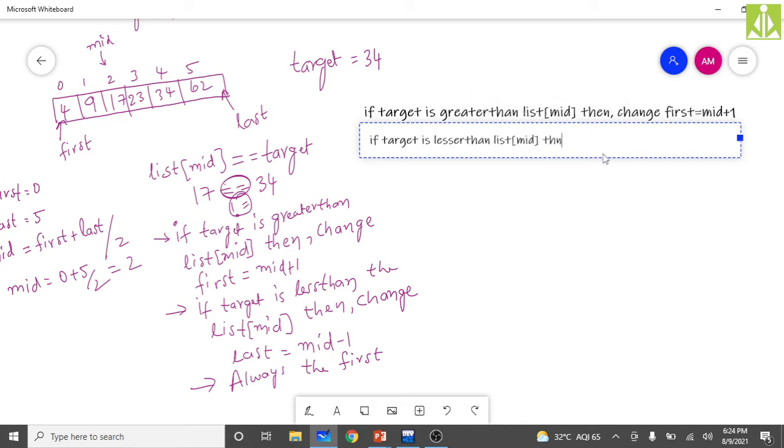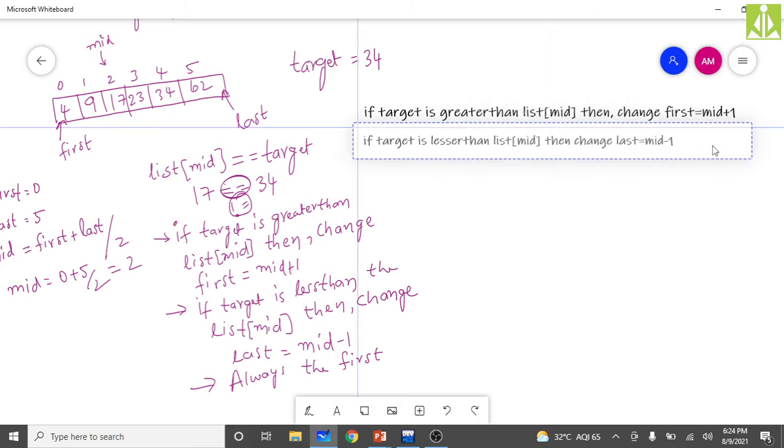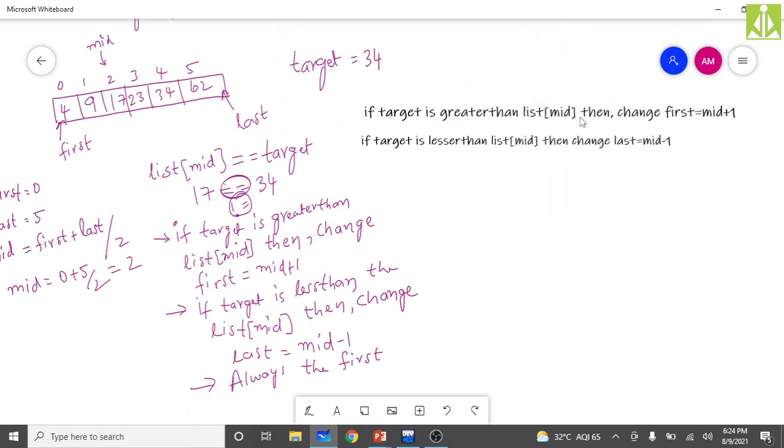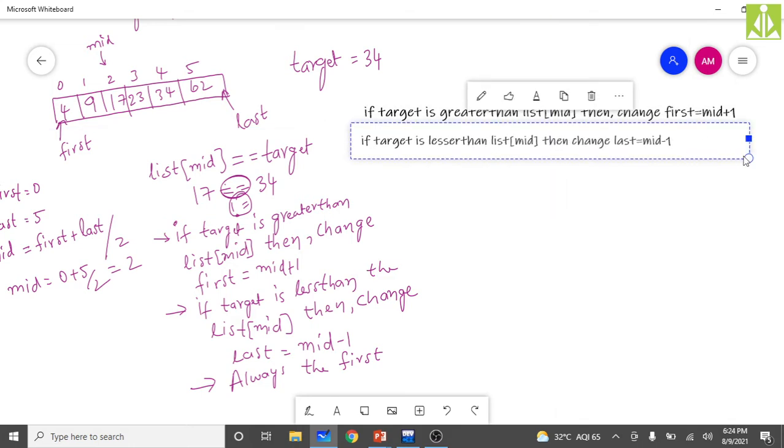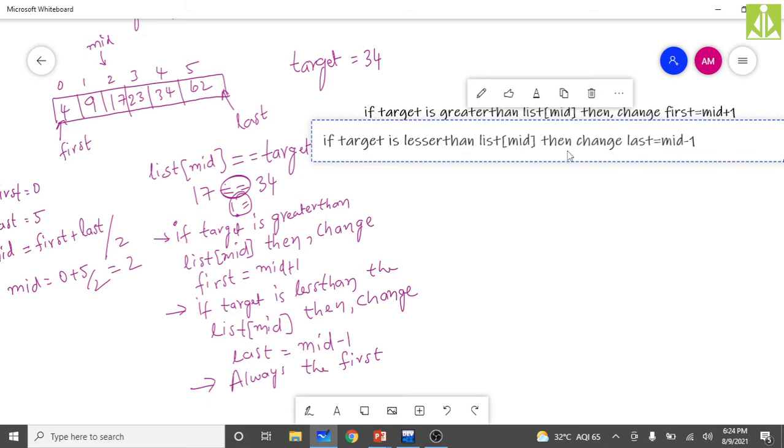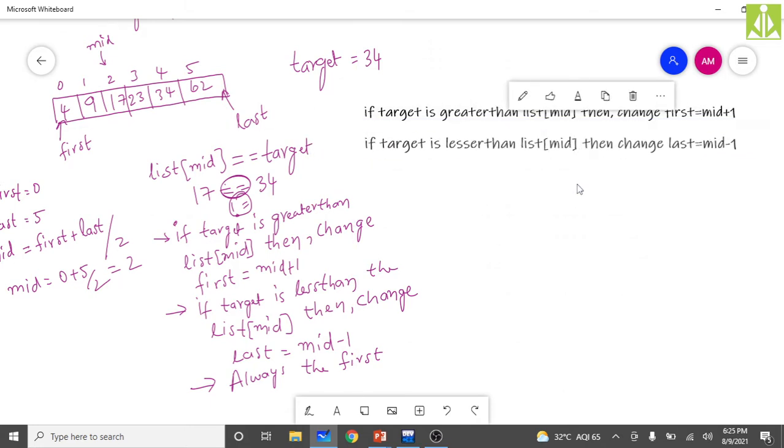Then change last equals to mid minus 1. Okay, these are the two conditions we discussed. So if the target is not equal to the list of mid, and if the target is greater than the list of mid, we need to change the first value, and if the target is lesser than the list of mid, we need to change the last value. How we need to change the first value and the last value, I have written over here.